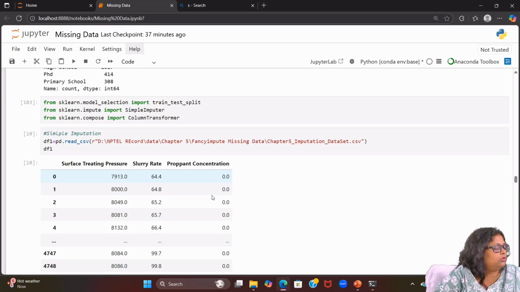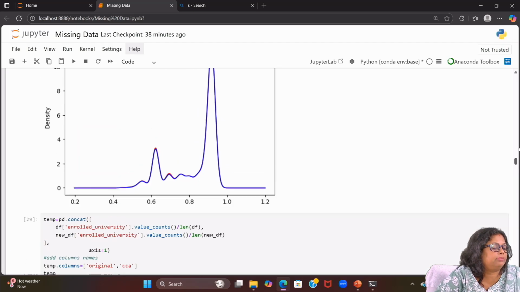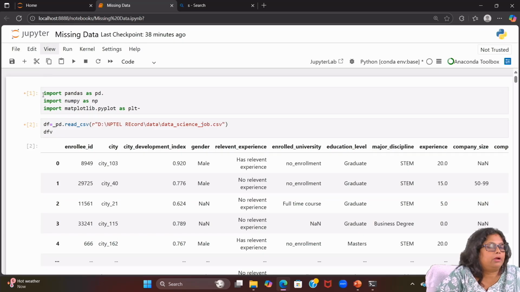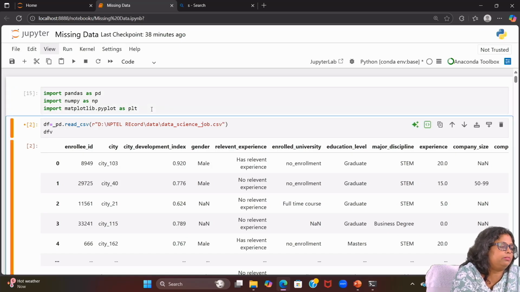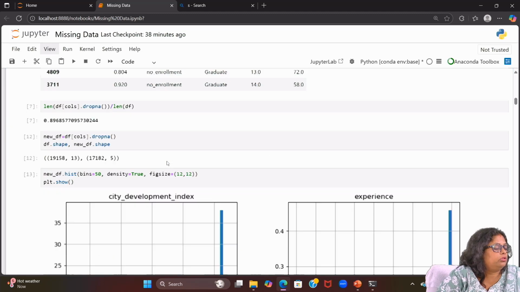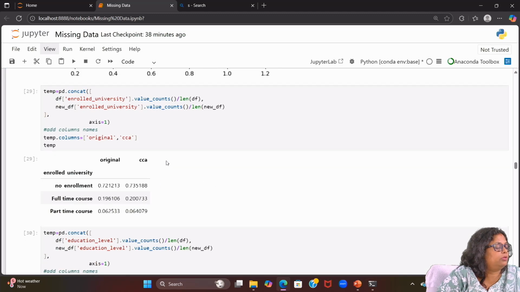To work with this, first we require to import the libraries. We have already imported the libraries here: import pandas as pd, import numpy as np, and import matplotlib.pyplot as plt. We require to import these. Now we are going back to the one we are working on today, the simple imputer.